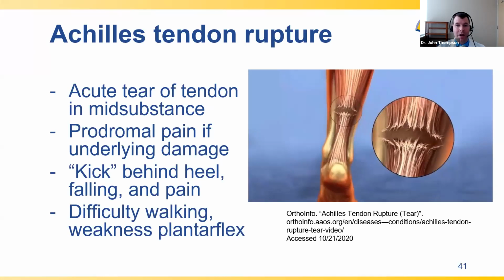So next, I'm going to talk about our acute Achilles tendon ruptures. So an Achilles tendon rupture is a complete tear of the tendon in the mid-substance, or that region behind the ankle. With significant enough injury, a previously healthy tendon may tear, such as what Dr. Johnson was talking about when the force exceeds what the joint can handle. Other times, patients may actually have some persistent or nagging discomfort in this region before it tears, what we call prodromal symptoms. Patients oftentimes feel like somebody kicked them from behind in the back of their ankle, only to turn around and realize that no one is actually behind you.